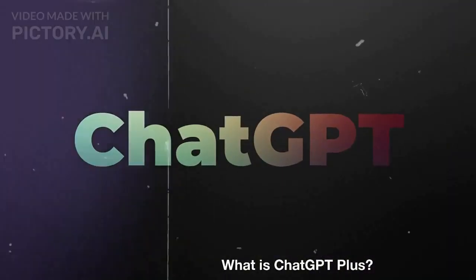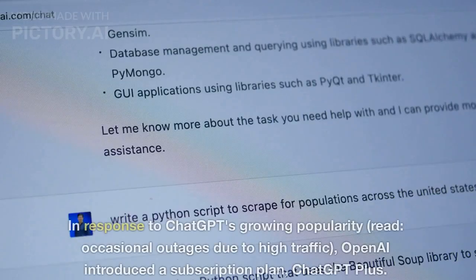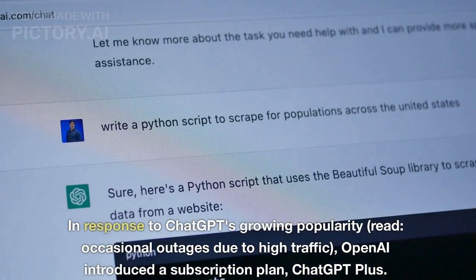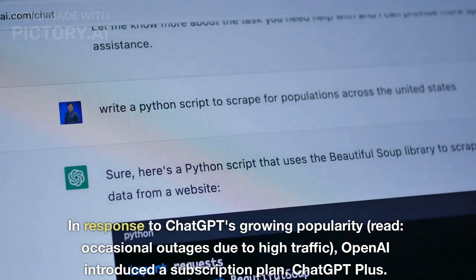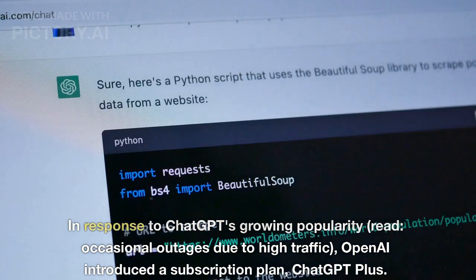What is ChatGPT Plus? In response to ChatGPT's growing popularity, read, occasional outages due to high traffic, OpenAI introduced a subscription plan, ChatGPT